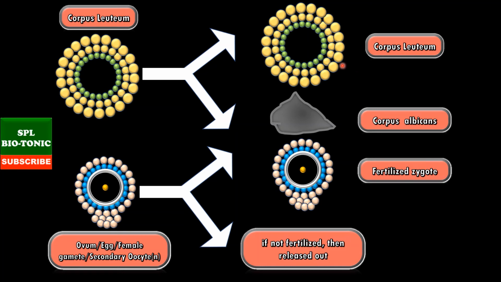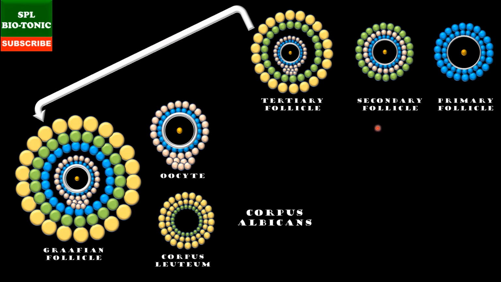So to summarize, follicular development occurs in the cortex of the ovary and it shows different types of follicles such as primary, secondary, tertiary and Graafian follicles. If the ovum is fertilized, then it shows embryogenesis. In that case, corpus luteum persists for the entire pregnancy period. If fertilization fails, then corpus luteum gets converted into corpus albicans. Here, the developing follicle produces estrogen, whereas corpus luteum produces progesterone.